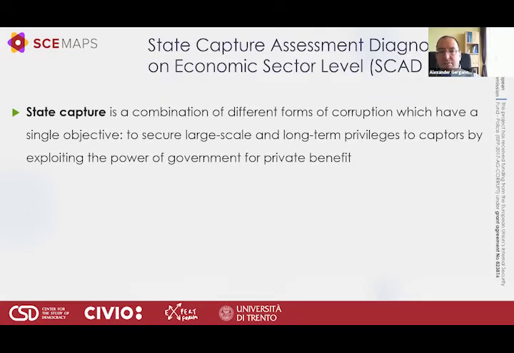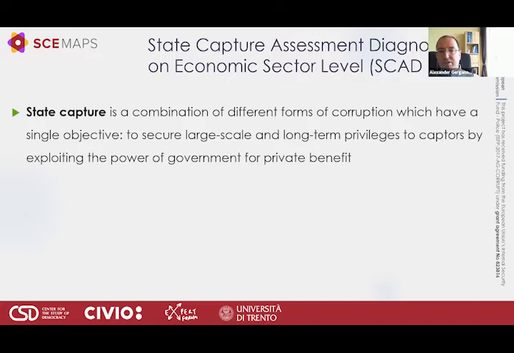And I will start with the definition of what we mean by state capture, because this term was coined 20 years ago, and in the beginning it was a very narrow concept representing more or less illegal lobbying. But since then, the scope behind the term state capture has expanded dramatically, to encompass all the different